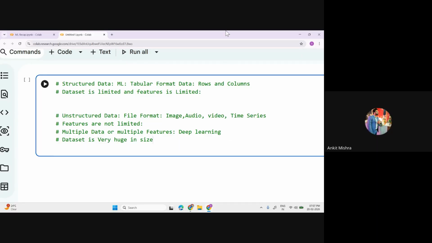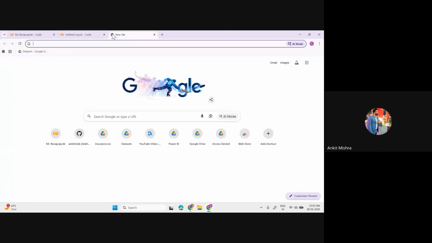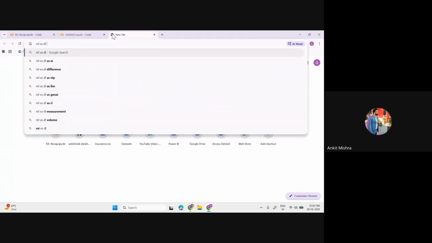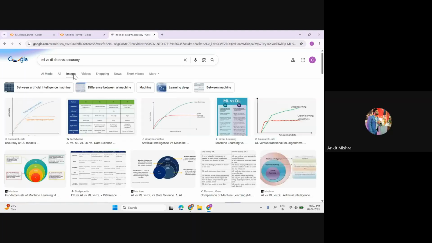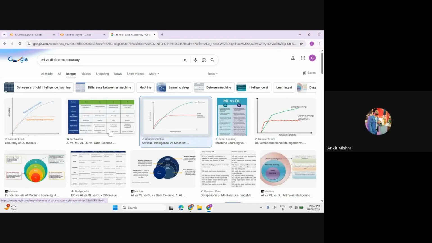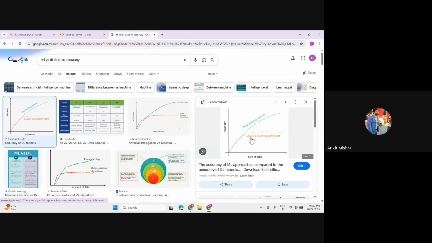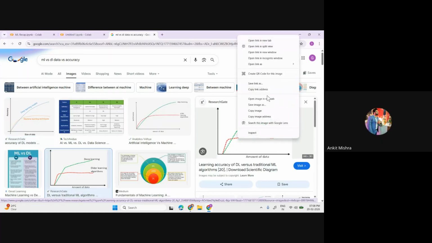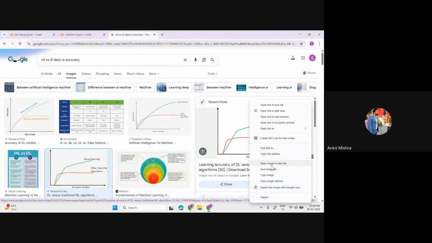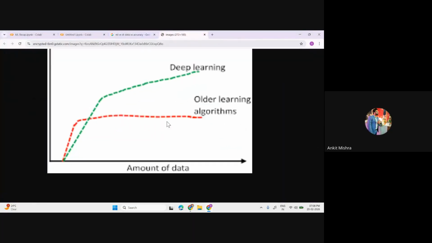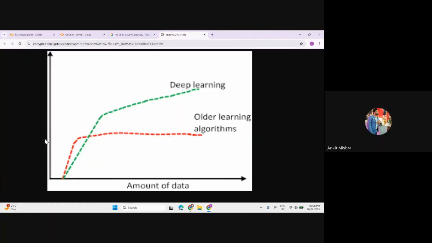Okay. So there is a very popular graph, and that graph is something like this: ML versus DL, data versus accuracy. This one is a very popular graph. Let me just show this. This one is perfect, right? When we increase the size of data... it's not opening. Let's just use this one, right? When we increase the size of the data set, this is the amount of data and this is the accuracy that